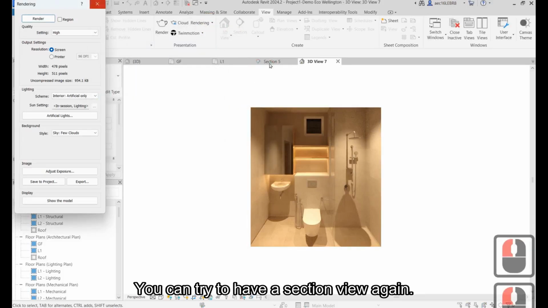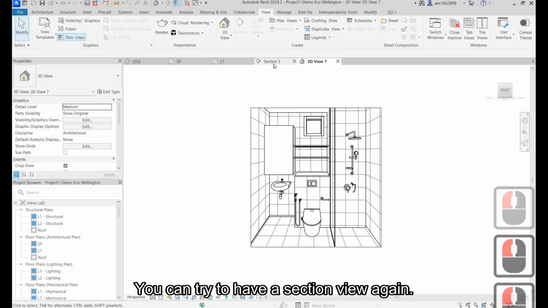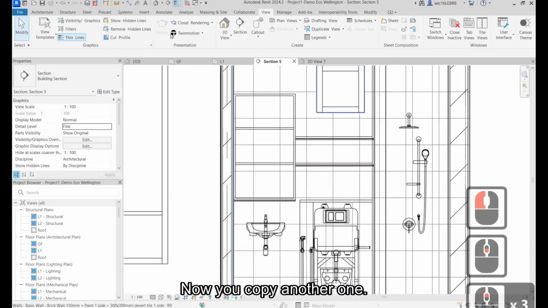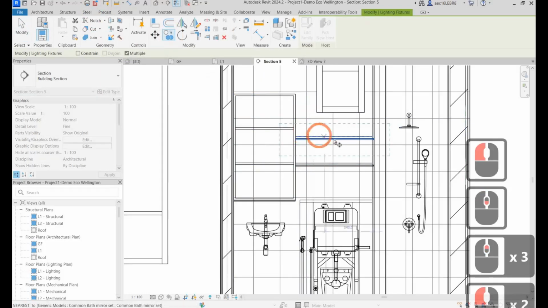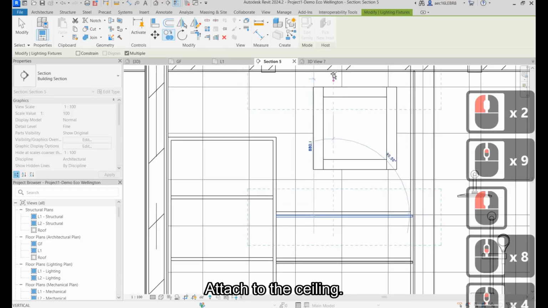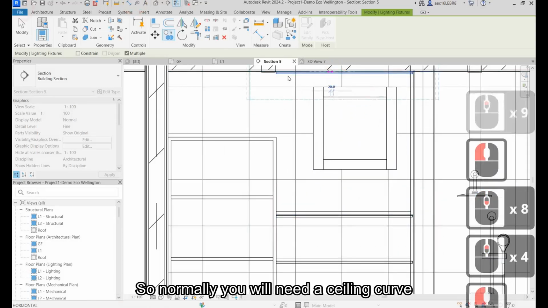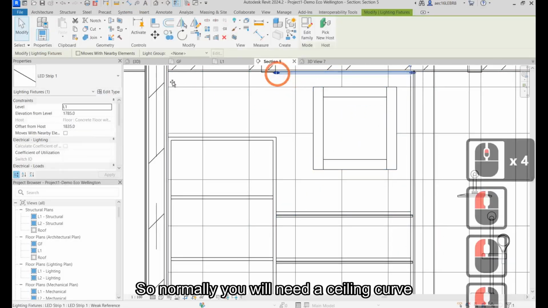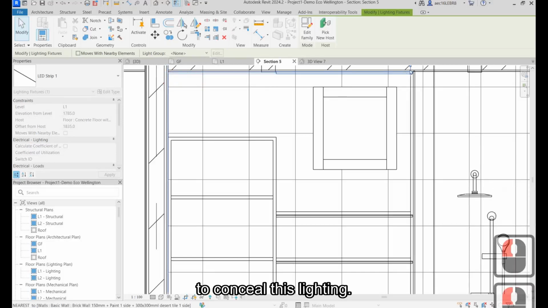Yes, stop here. You can try to have a section view again. Now you copy another one, go up, attach to the ceiling. So normally you will need a ceiling cove to conceal this lighting.